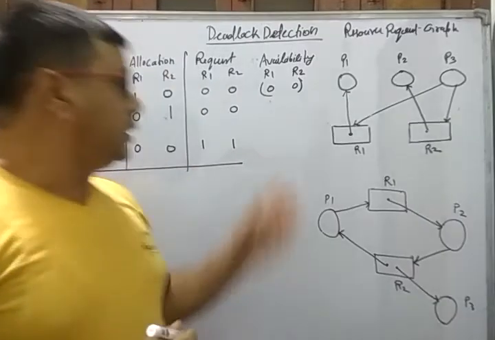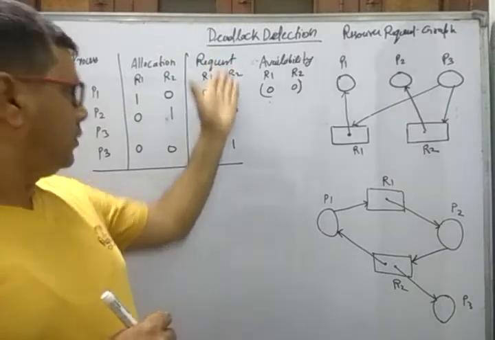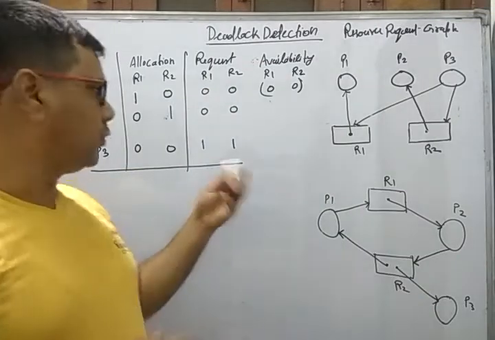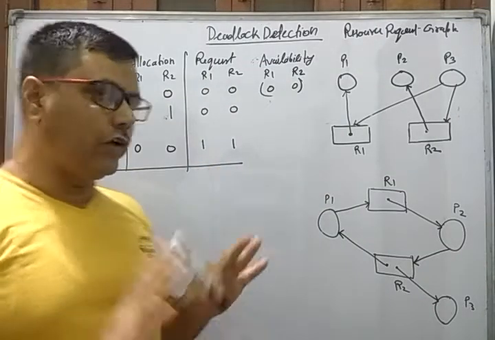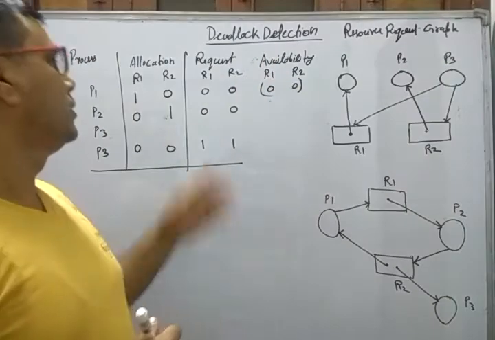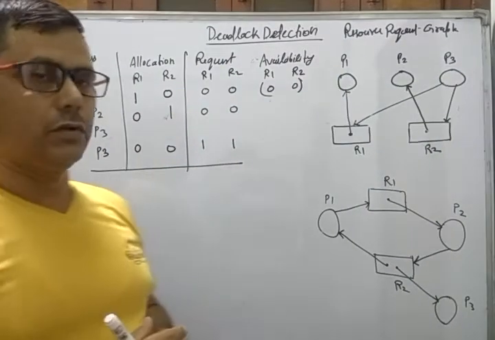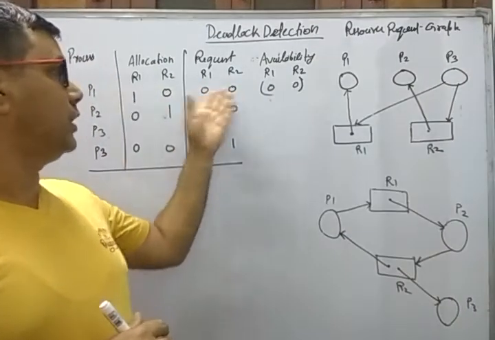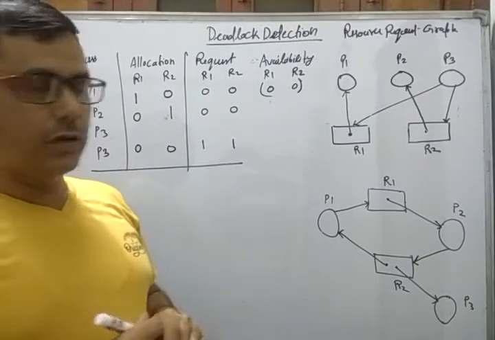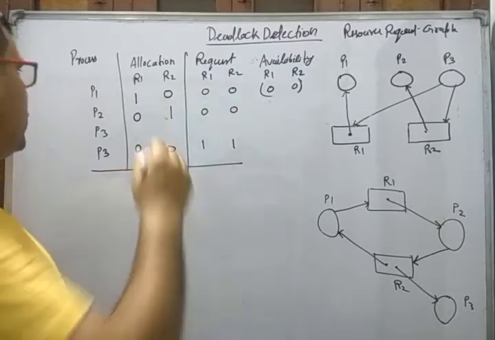Now we will match this availability with the request of the process. That means which request it can fulfill. You are looking here, one request cannot be fulfilled right now. First of all, we start from P1, and the request for P1 is 0, 0. That means P1 is not requesting anything. Here it means the availability will meet the requirement of P1. P1 will be executed, and after executing P1,